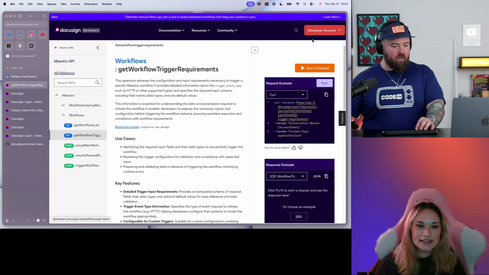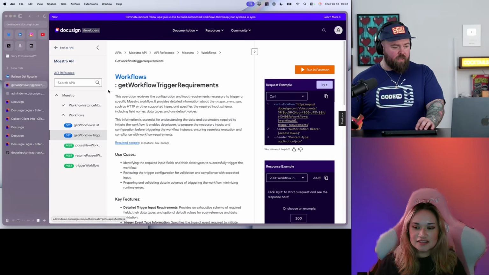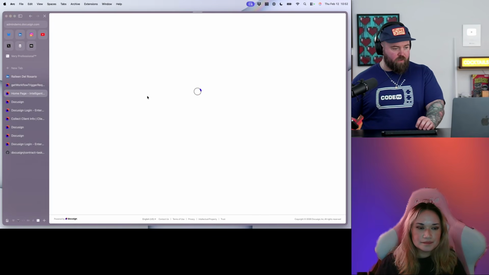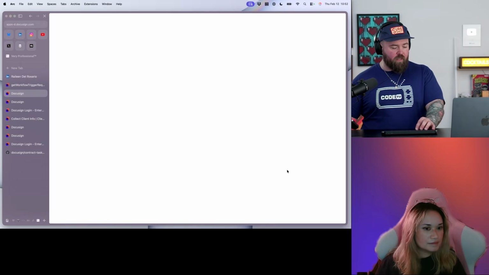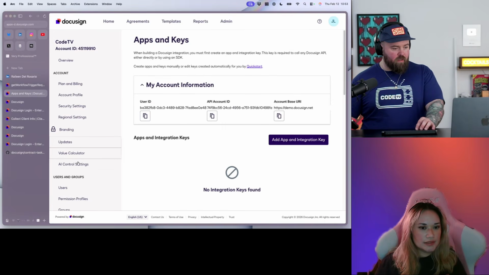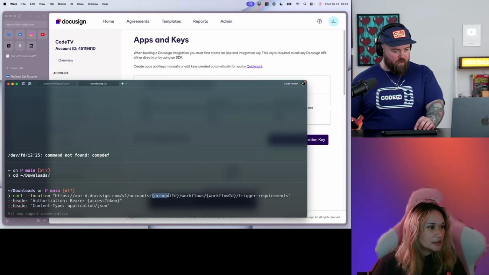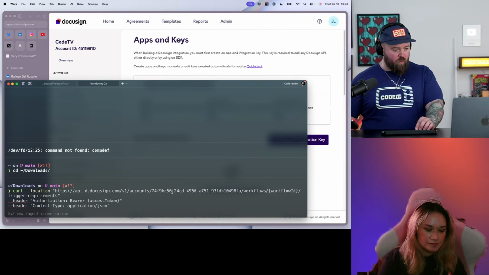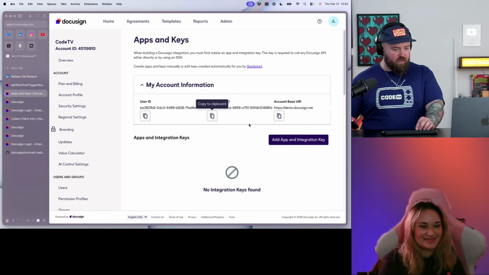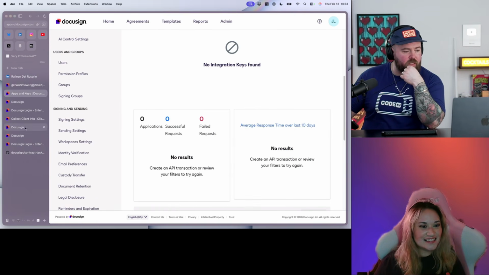So yeah, we can do login. Okay, I'm logging in. Maybe I'm logged in. Yes, there we go. Apps and keys. So I'm going to keep the workflows page open and go to my apps and keys center. Your API account ID is the account ID that we see in the call. Okay, so let's fix that one. This is why I use Warp, by the way, so that I can click and highlight things in the terminal input. And then I need my workflow ID, which is that.